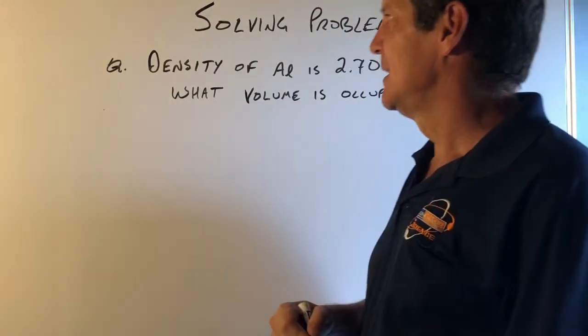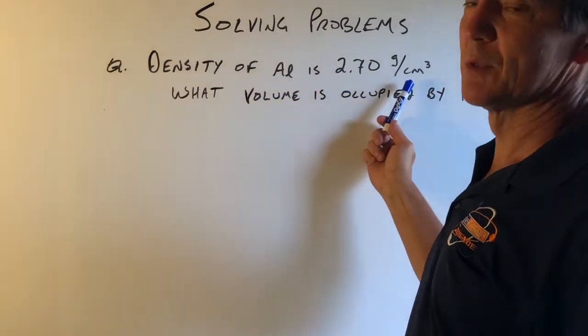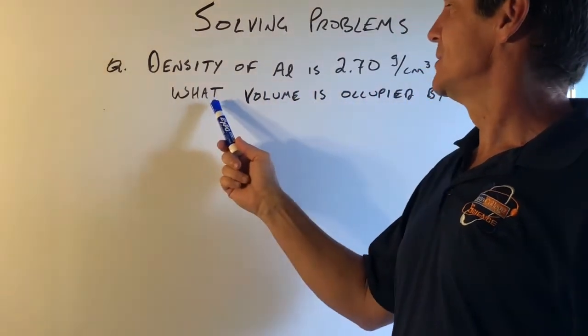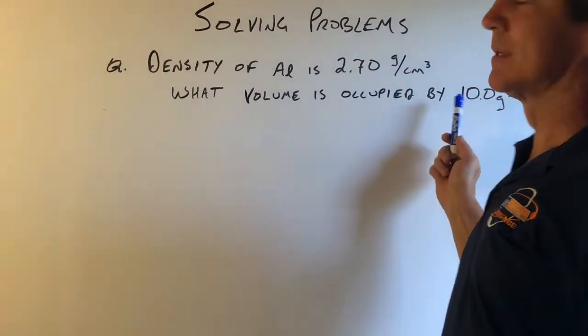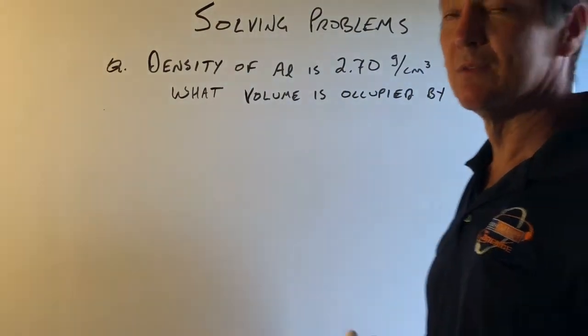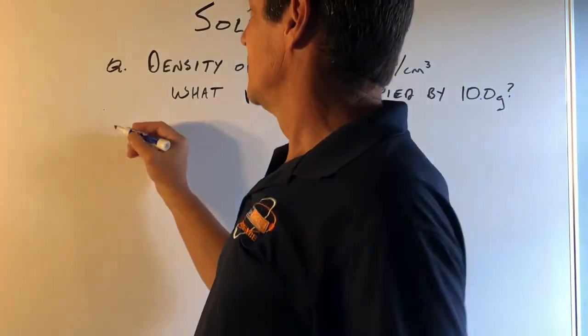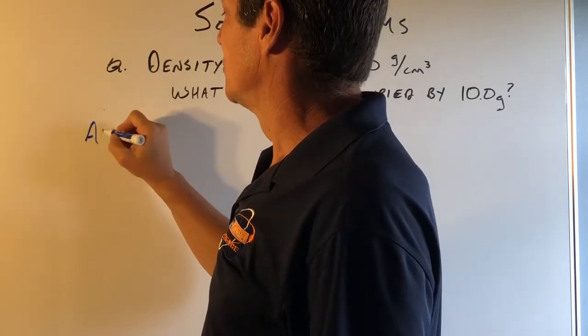So to start off, we have this problem here. The density of aluminum is 2.7 grams per cubic centimeter. And our question is to find the volume occupied by 10 grams. So again, 10 grams, 2.7 grams per cubic centimeter, what is the volume? So we have two ways that we might approach this. One would be using kind of an algebraic approach,